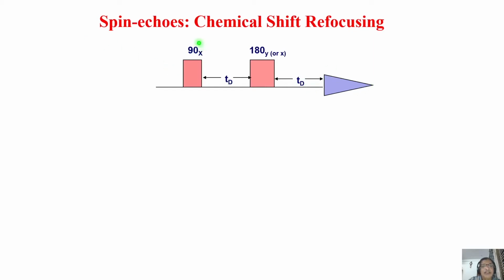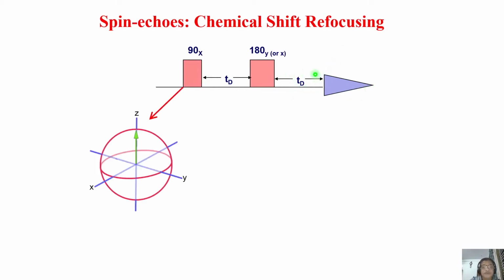Remember, in a conventional experiment, what you are going to do is apply a 90-degree pulse and collect the signal. That is a one-dimensional experiment. What we do here is spin echo. We incorporate another 180-degree pulse in between with delays after the 90 and after the 180-degree pulse, and then after a sufficient delay, which we will decide, what is TD, time delay, and then collect the signal. TD is nothing but a time delay. That's all. Now let us vectorially understand with a vector diagram what happens to this magnetization during this pulse sequence.